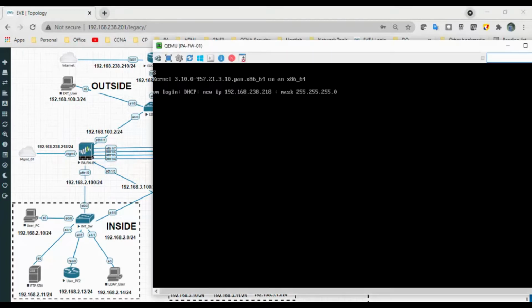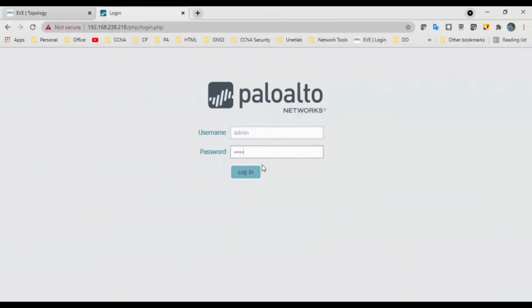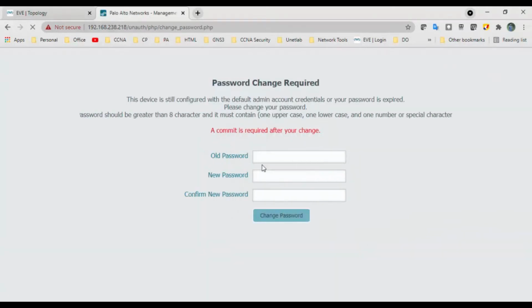So when I double click, I got the IP address 192.168.238.218, that is the DHCP. Log in with admin, and now change the password.